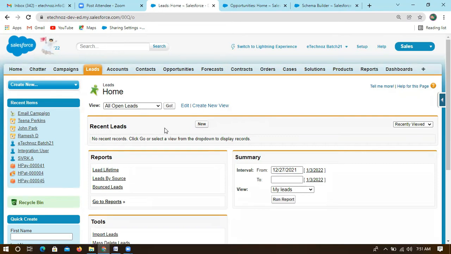Let's consider I'm selling some sort of bulbs. If someone is interested to buy those bulbs from our company, they can be a lead to our company. So we can create leads who are really interested. Let's consider 90% or 70%, they're not complete customers, but they're ready to become a customer. Those who are showing interest towards our products, we call them a